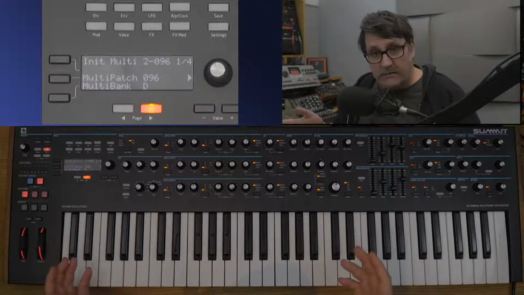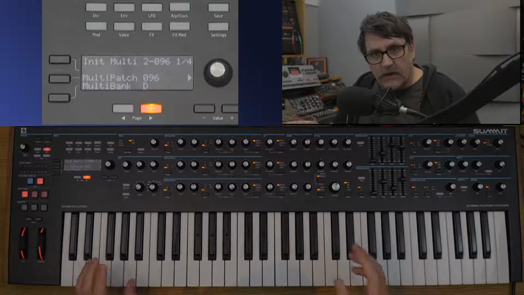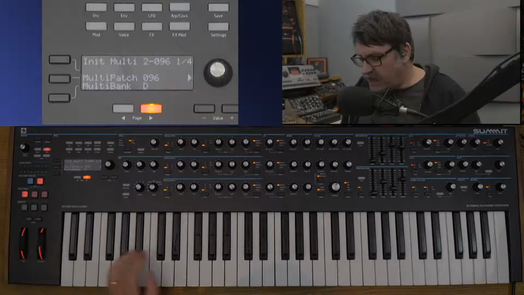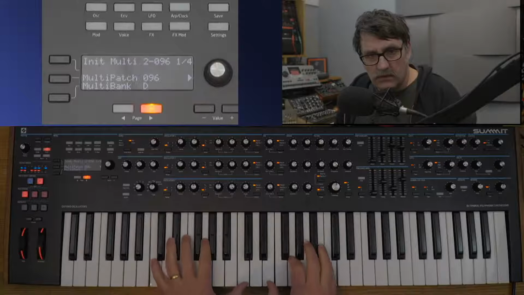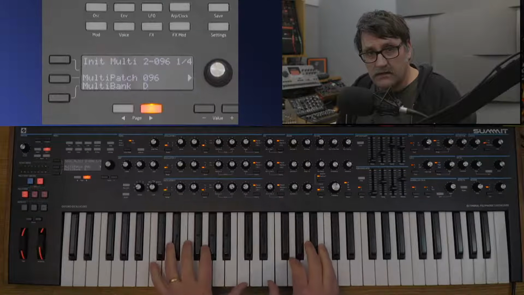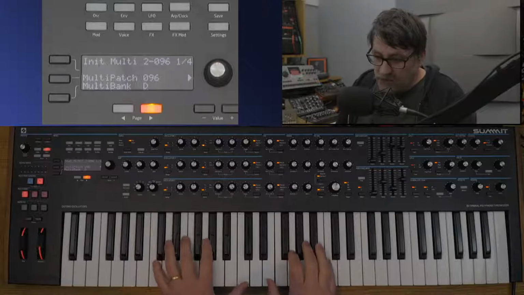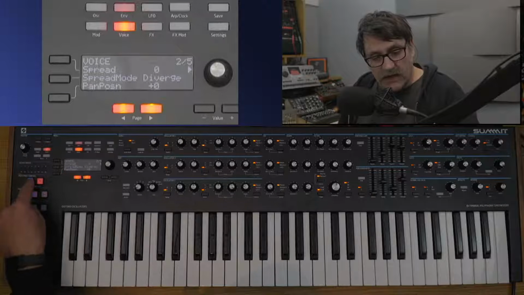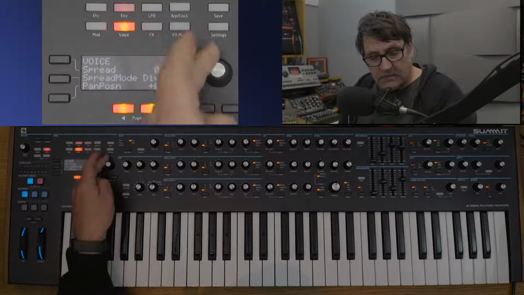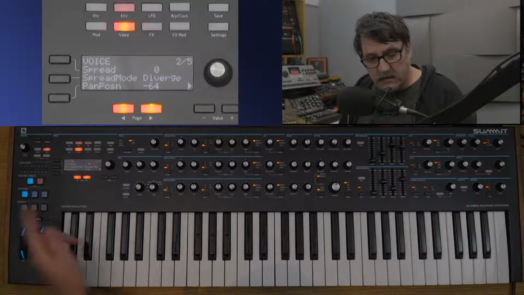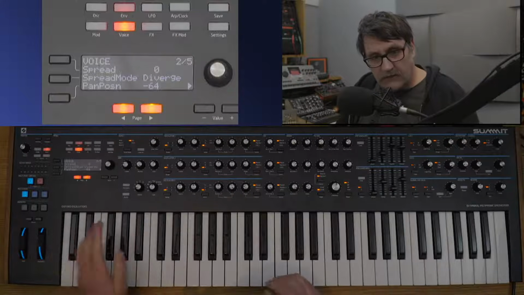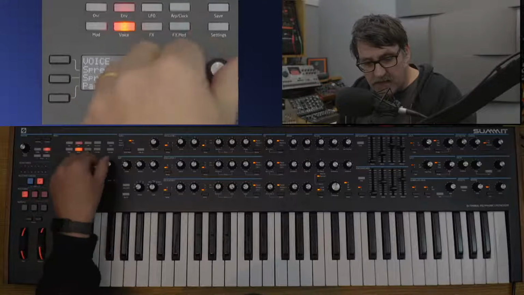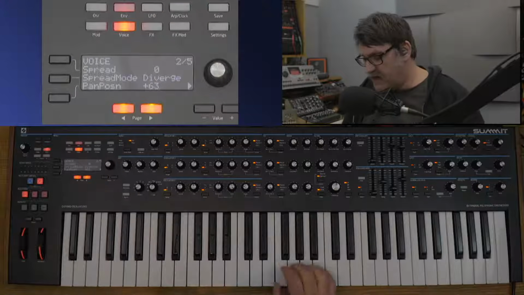So, how can we use maybe panning or stereo stuff to do that? Well, let's see. We're just in a layer here, and if I just play a chord, everything's coming straight down the center. That's fine. That sounds nice. Okay, no worries. If I go to my voice page, page 2, I've got pan position. So if I go to part A and send the pan all the way down to the left-hand side, now I've got part B in the center, part A all the way to the left. Now, if I go to part B and then send that all the way to the right, now what we've got,